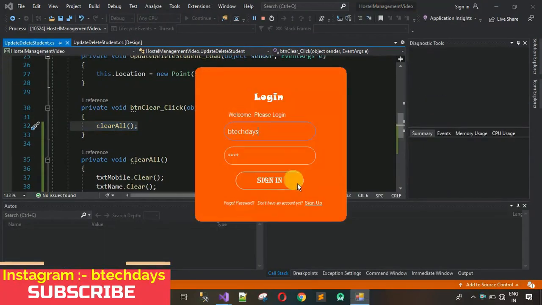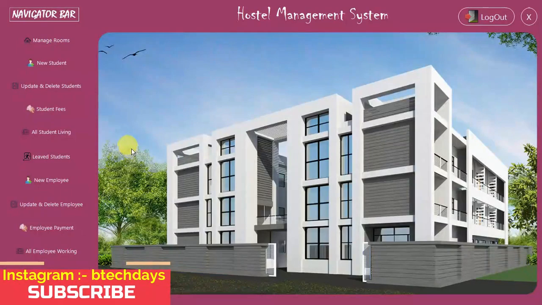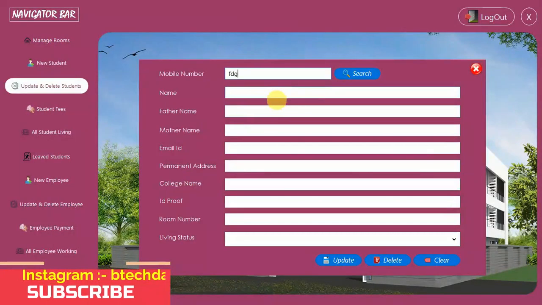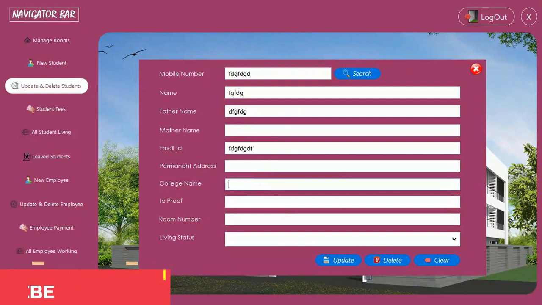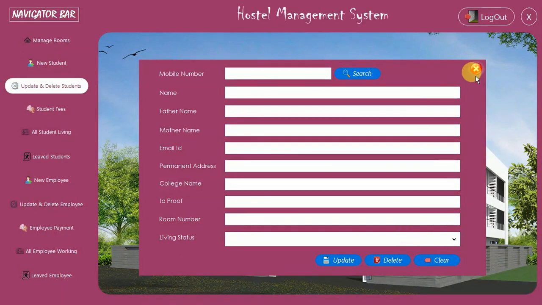And here it goes. So sign in, click on this. I'm going to write something, anything, and click on this. Yes, this one is also working. And click on this. Yeah, this one is working. Now what I have to do is, I have to actually code for this search button. So let me close this